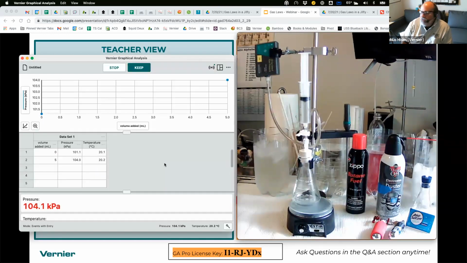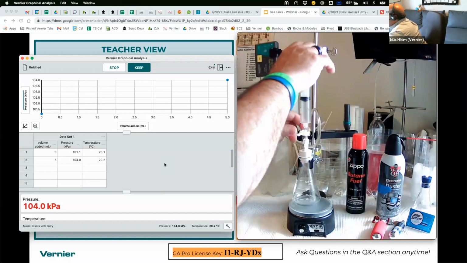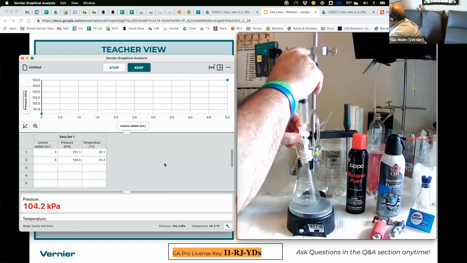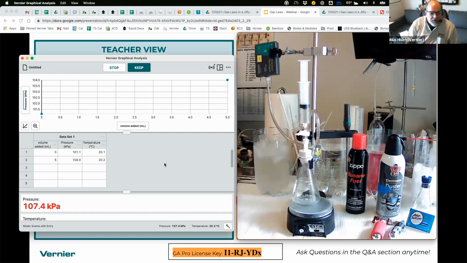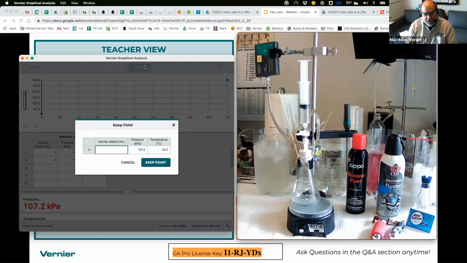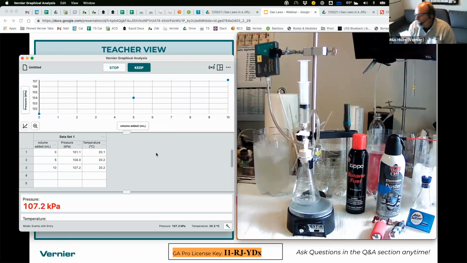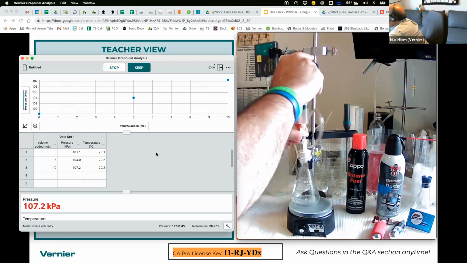Okay, let's do another 5 milliliters. So I'll open the valve, 5 more milliliters, close the valve, wait till the pressure stops changing, tap keep. How much did I put in? Well, I actually put in 10. I put 5 more, but I've got a total of 10 in there now. Okay, let's do it again. So 5 more milliliters,